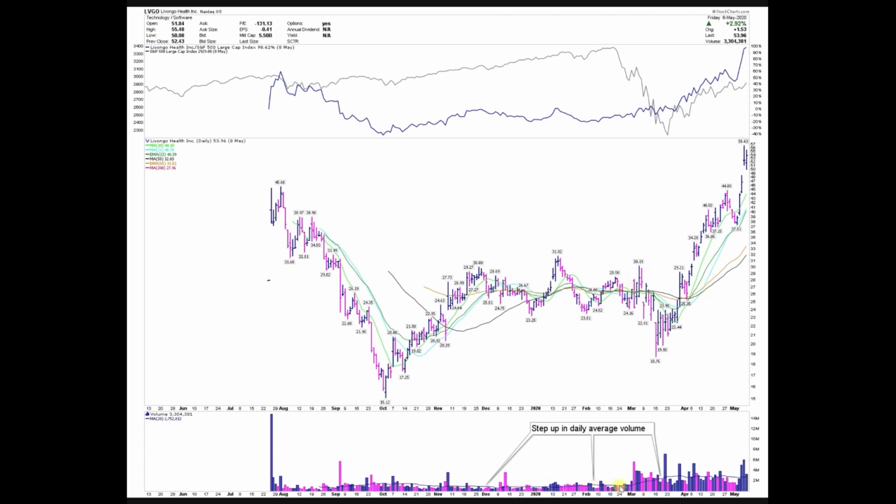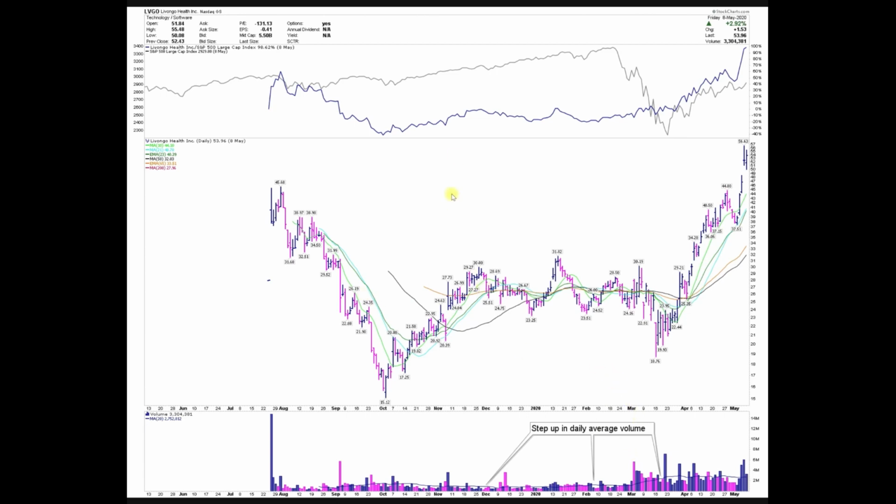This clear step up in daily average volume shows institutional interest in the name in and of itself. The fact that we see such a jump shows us that institutions are willing to position in the name, and now we have to use technical analysis, with market trend in mind, to potentially position in the name if and when it shapes up well.